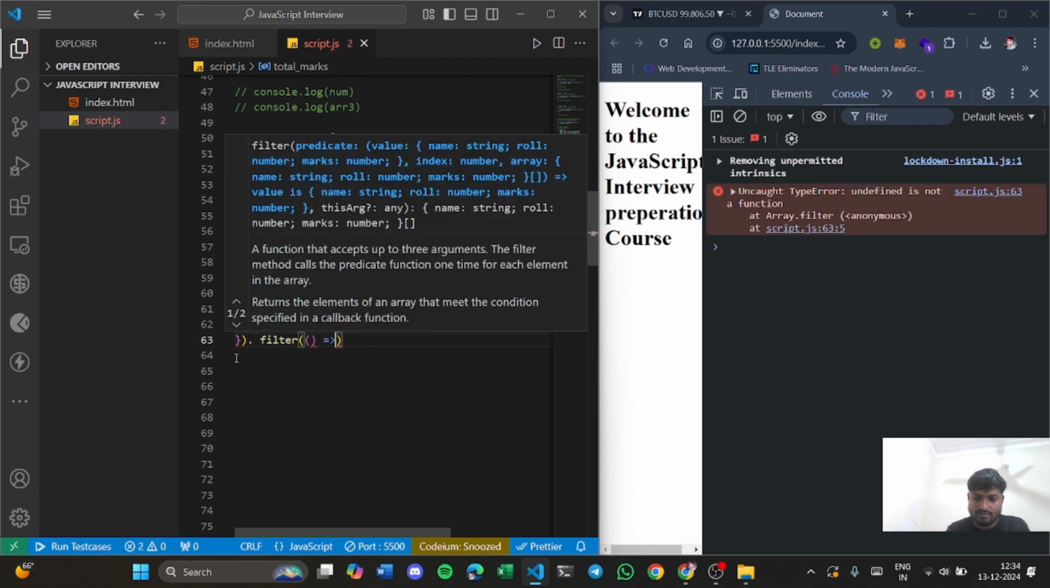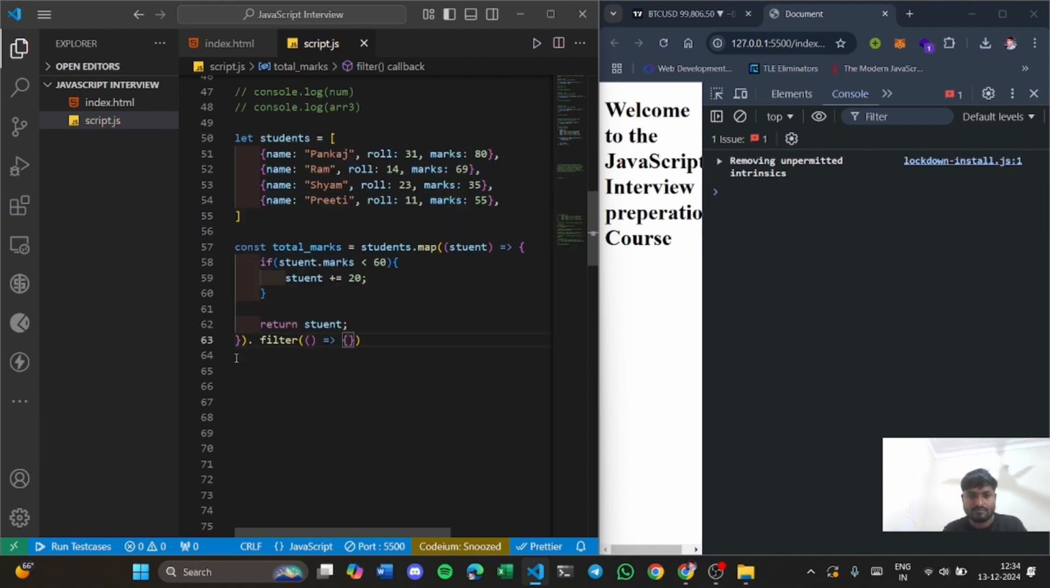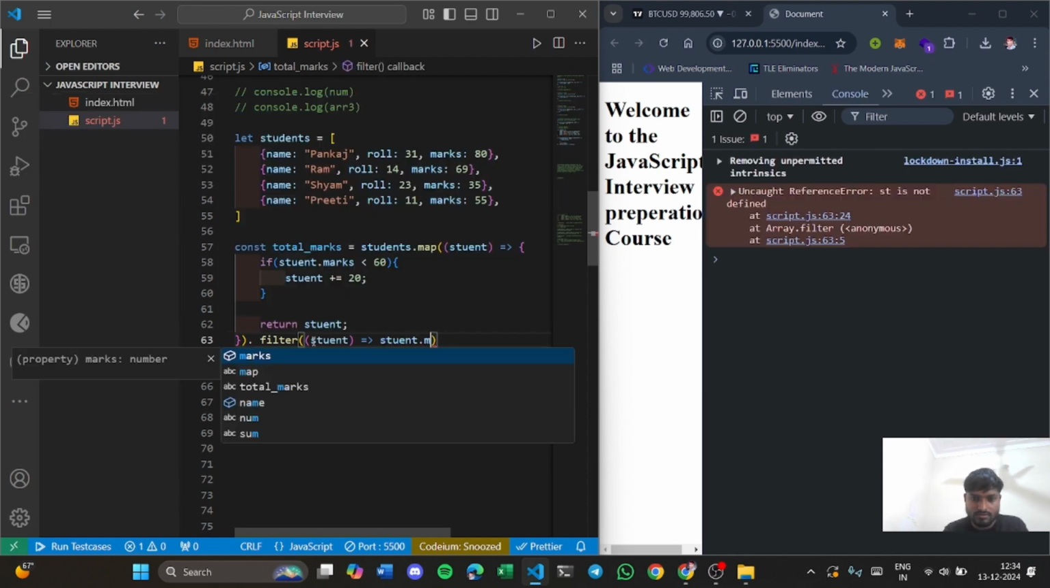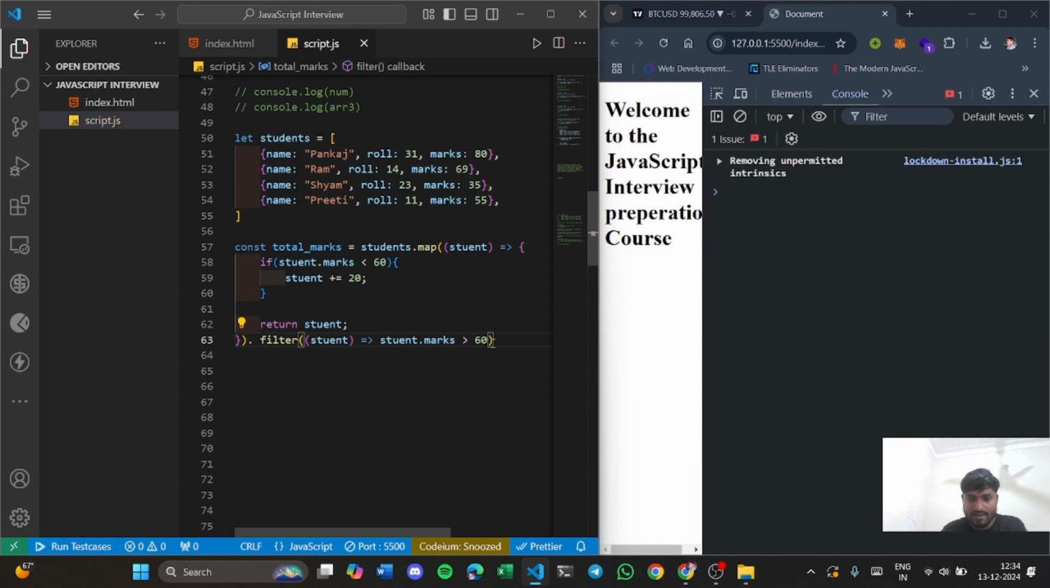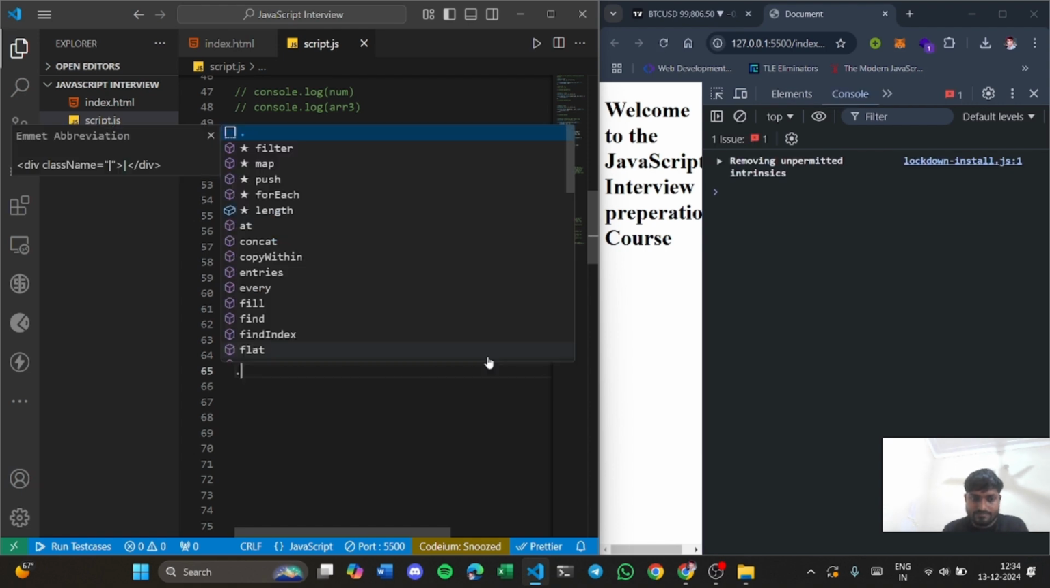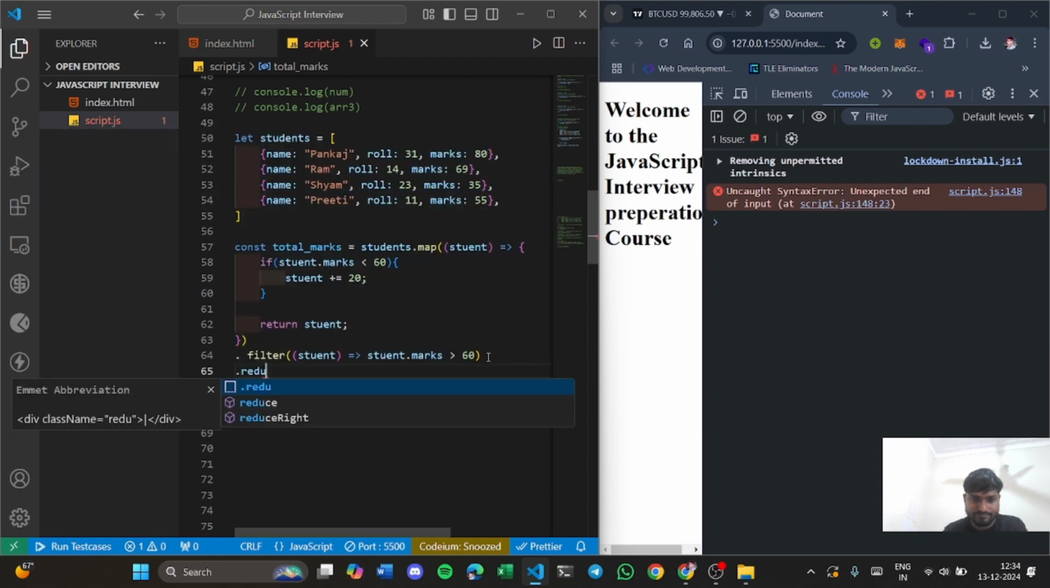So you get a callback function, and let's name each element as a student. And basically you don't need this, and if student.marks is greater than 60, then it will return a new array of students whose marks is greater than 60. Again, when you apply the reduce method,